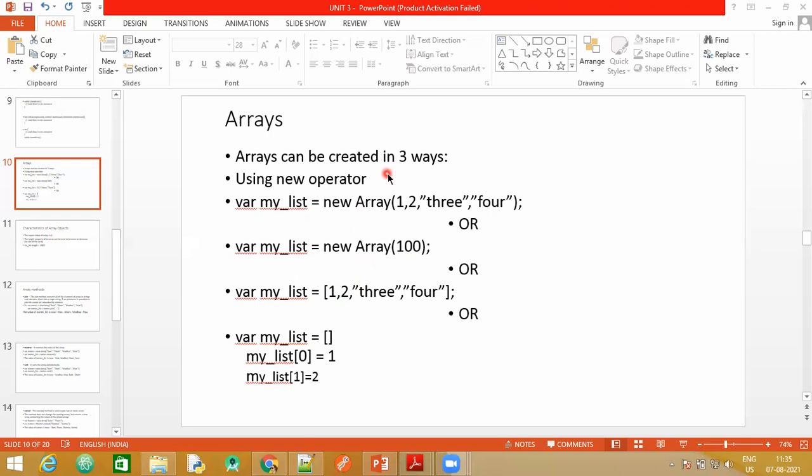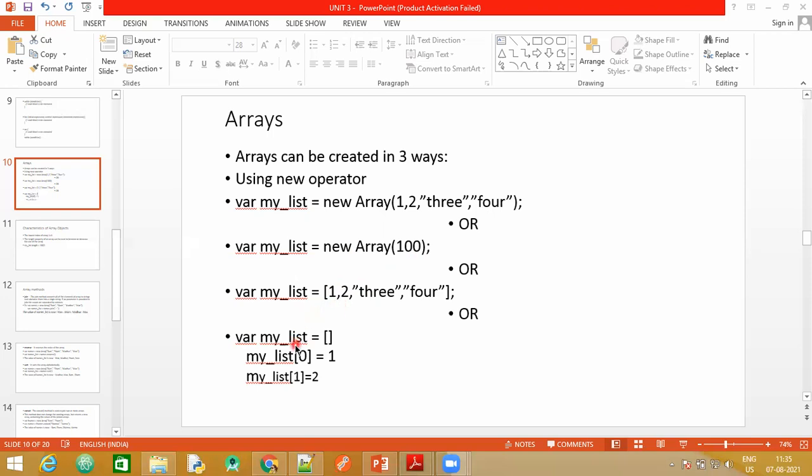In the first instance or even in the second instance, when we have used new Array, that is the new operator followed by this Array object, we are making use of round brackets, and within that we are specifying the array elements or the array size. When you directly make use of the square brackets, it is an indication that you need not use the new and Array keywords, but it is an array. So again, this is one possible way in which you can create the array in JavaScript.